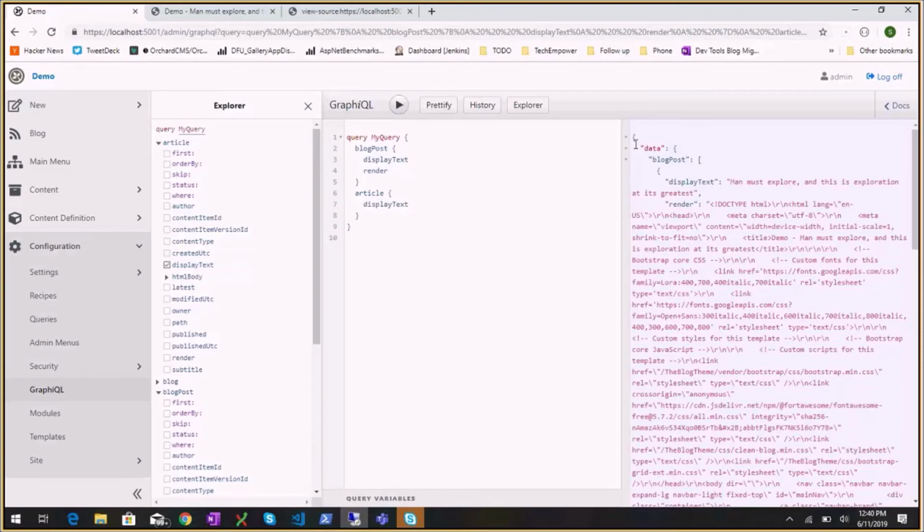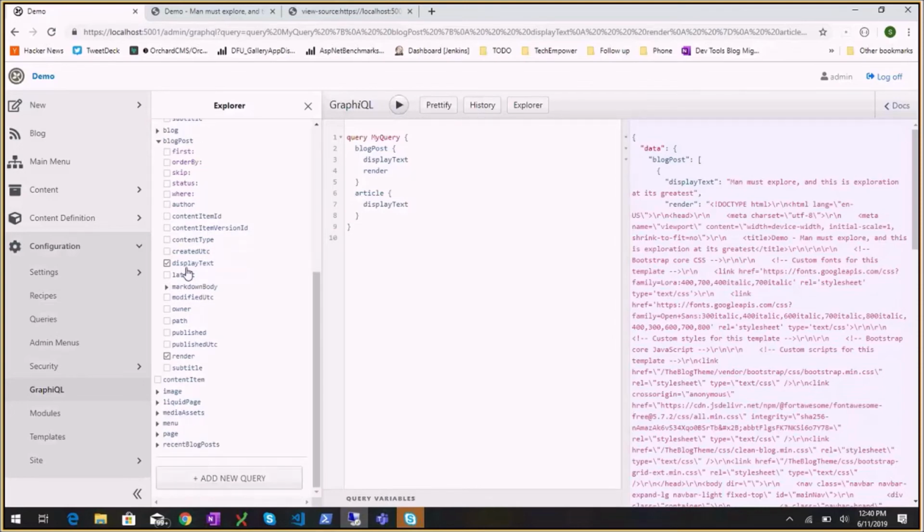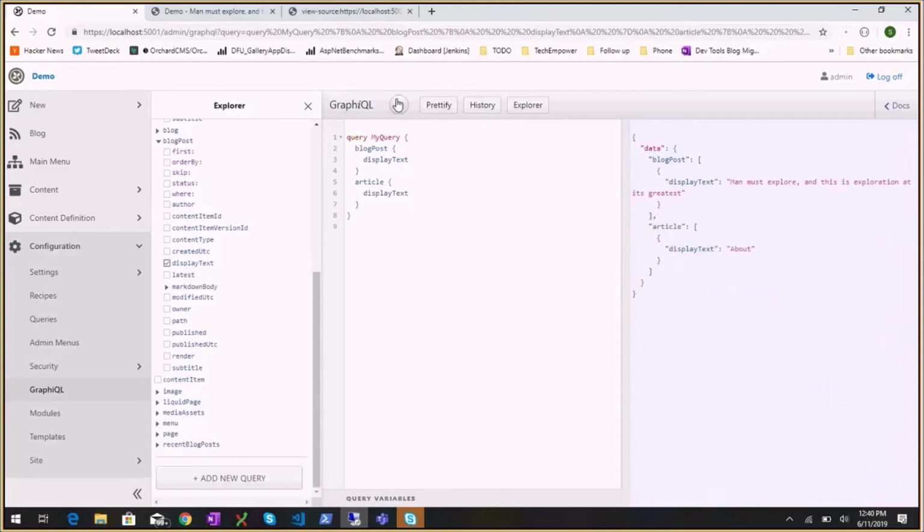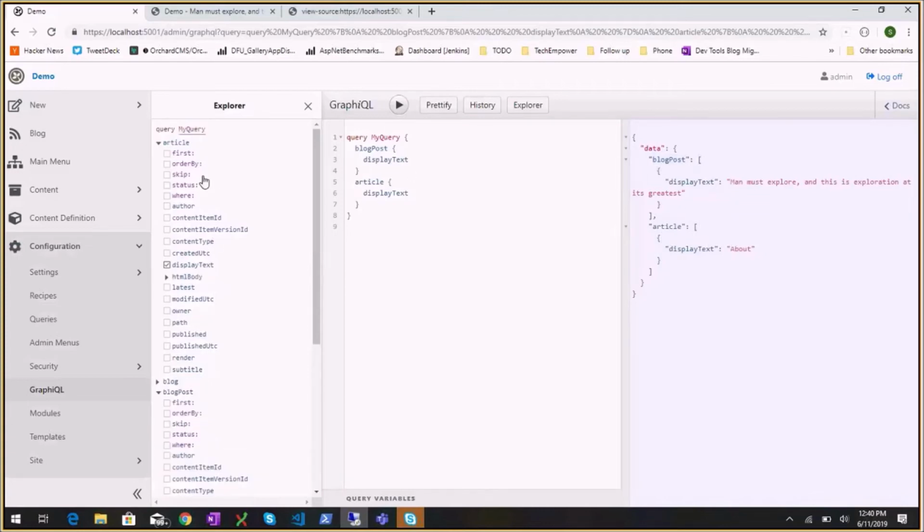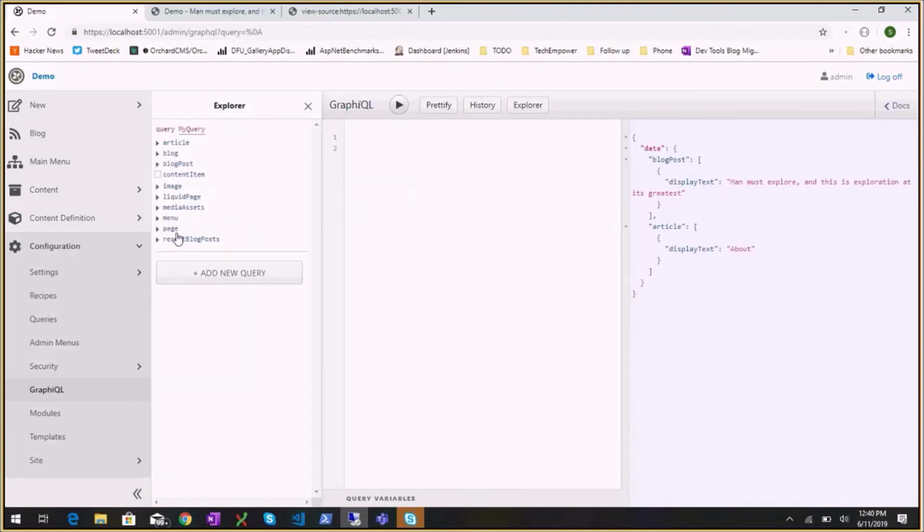So here, if on the blog post I remove render, beautiful data, we have the blog post list and the article list, just by checking some boxes here. Super useful. So let's remove that, and let's remove that, and test the new feature that James added, which is